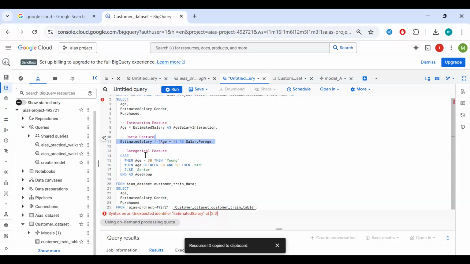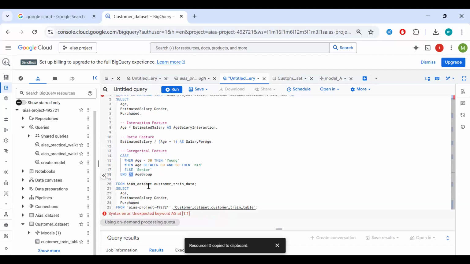So that's when you see case when age less than 30 and young, age between 30 and 50, or else, so anything after 50 and beyond is a senior, right? So then we end and then we call it. So what as means is we're calling that table age group,